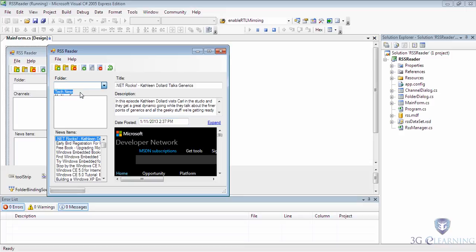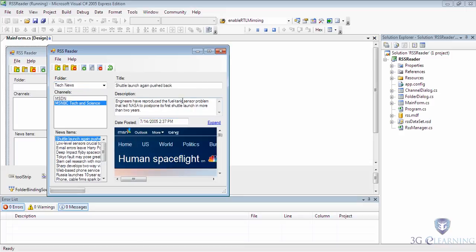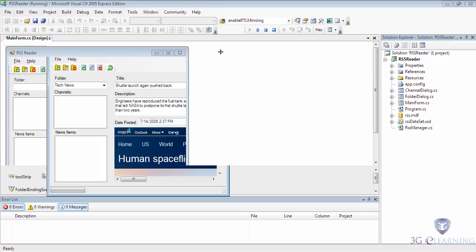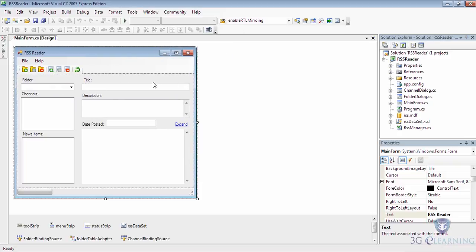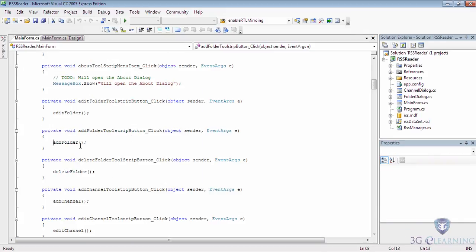We've enabled a lot of functionality in this snapshot. So we took 2 different approaches for the folder and the channel. To begin with, the folder, I create helper methods for each of the adding, editing and deleting functions for folders and channels. This is because rather than implementing all the code behind here for this particular button,